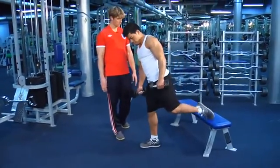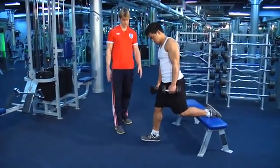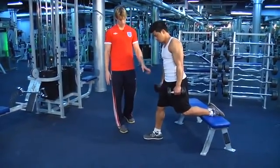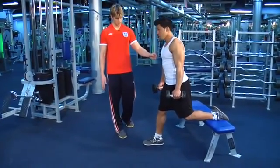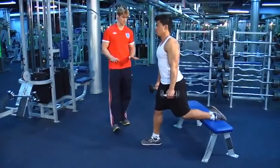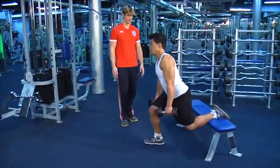So we hook that leg up, put the toe over the edge of the bench. Now you're gonna try and use your arms for balance, and also keep the weight on your heel as well. So we keep our back nice and straight, and we're gonna go down for an additional 15. Now the deeper you get, the more butt we're gonna work in this action. And here we go. 1,